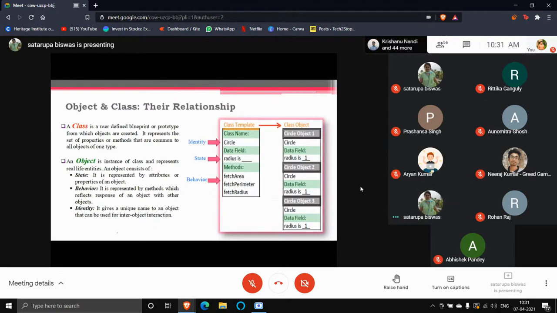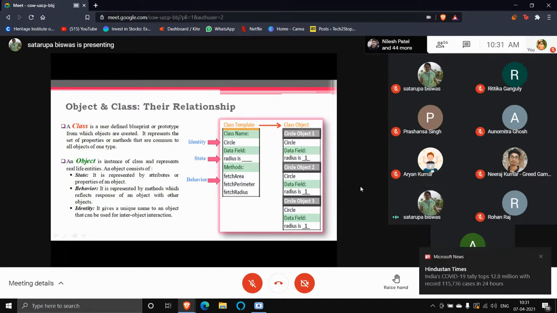Now here come our major things, which are the object and class and their relationship. By definition, a class is a user-defined blueprint or prototype from which the objects are created. Numerous times I have discussed it. A class is a blueprint or prototype. It is a design from which we are going to make the object.